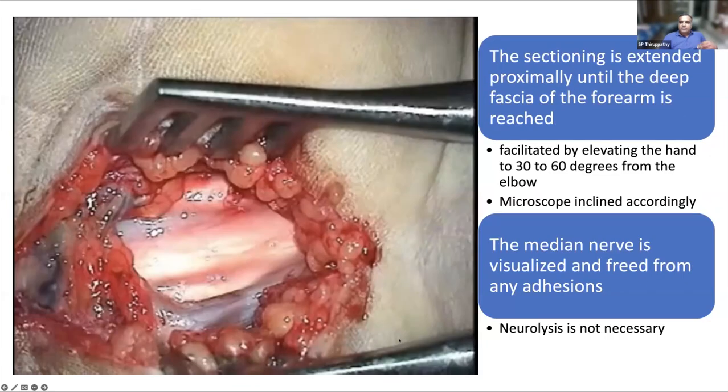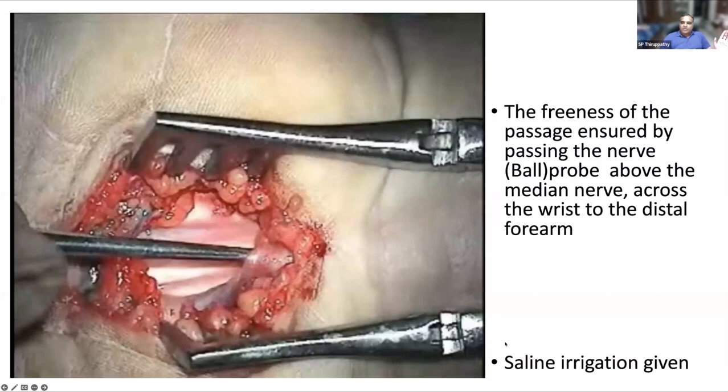Next slide. So the sectioning is extended proximally until the deep fascia of the forearm is reached. Since we are using a microscope or loupe, you can elevate the hand 30 to 60 degrees from the elbow, and the microscope will be inclined to see through to the gap in the forearm, and the median nerve is visualized and freed from any adhesions, and neurolysis is not required. The freeness can be ensured by passing our usual nerve ball probe above the median nerve